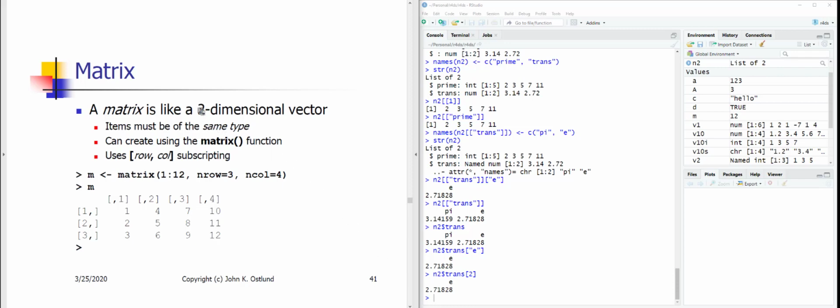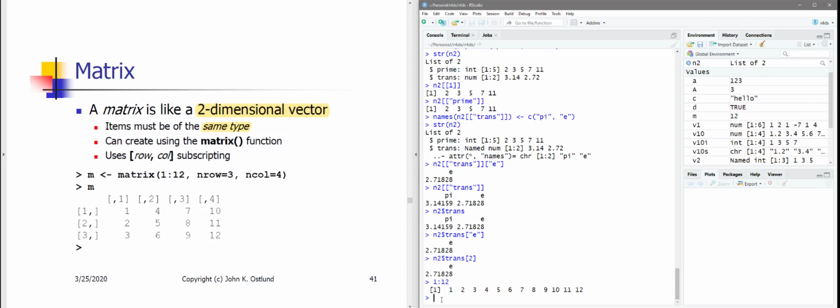A matrix is basically a two-dimensional vector. And like a vector, all of the items in the matrix have to be the same data type. One way of creating a matrix is to use the matrix function, and so that's what we're doing here with this example on slide 41. Well, let me just build up to it. So if I say 1:12, of course, that gives me the sequence of integer values, from 1 up to including 12. And I can create a matrix from those values